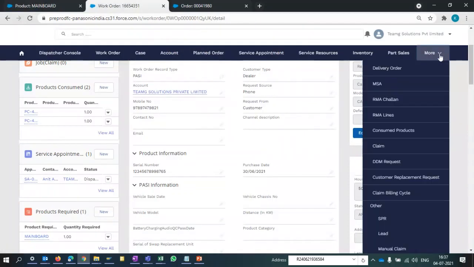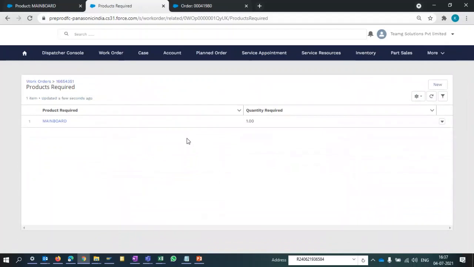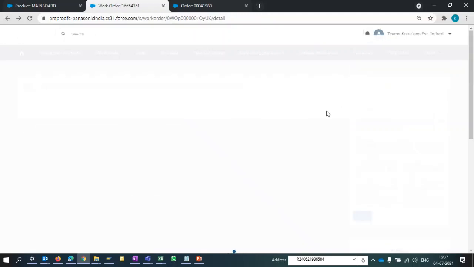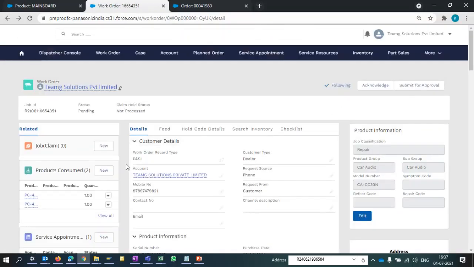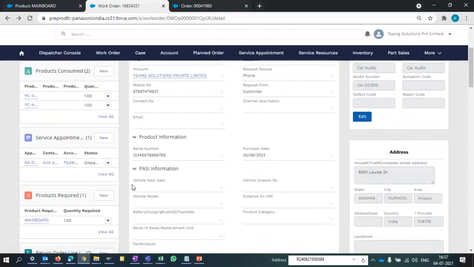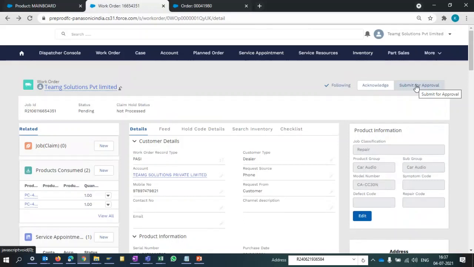Here you have to just open the product required. After adding the product required option, you have to click on submit for approval. You can see the submit for approval button got initiated.